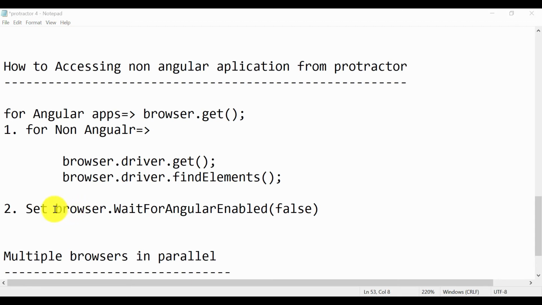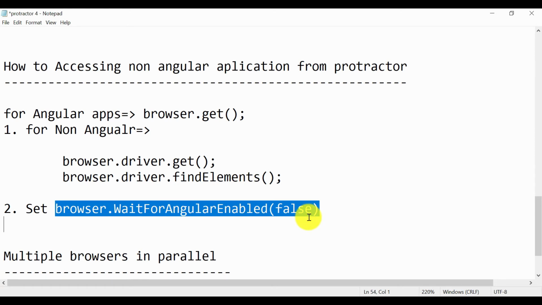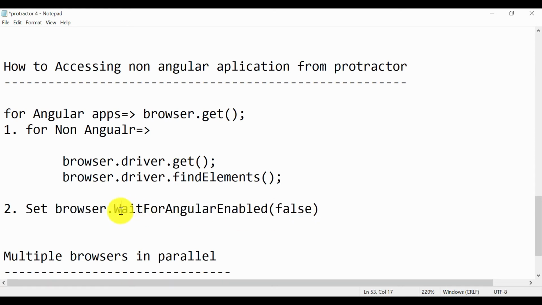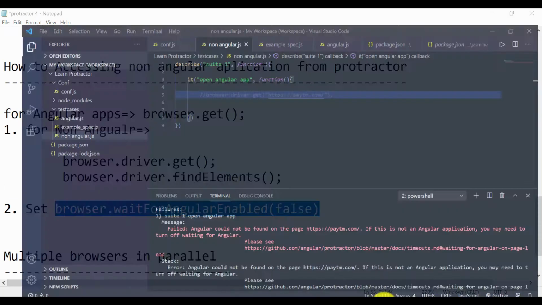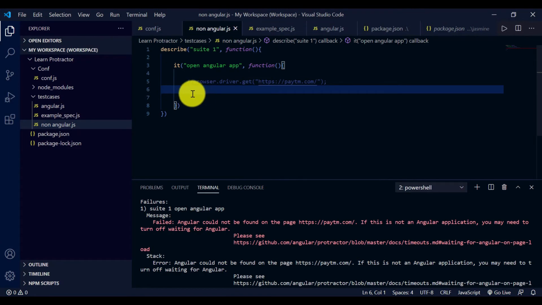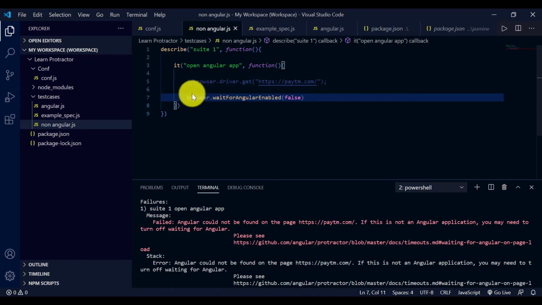Just copy this. I think this W should be small. Copy, paste here.